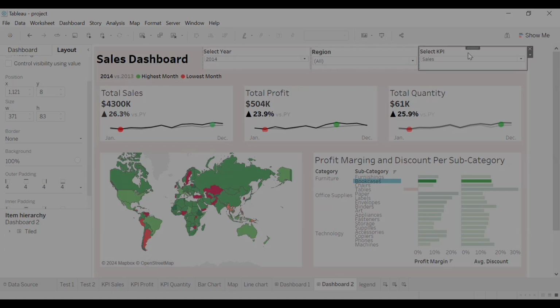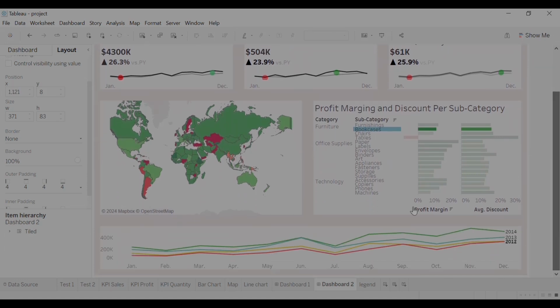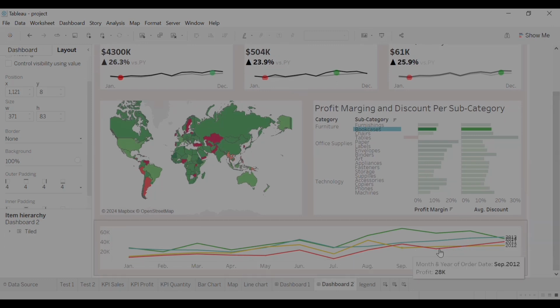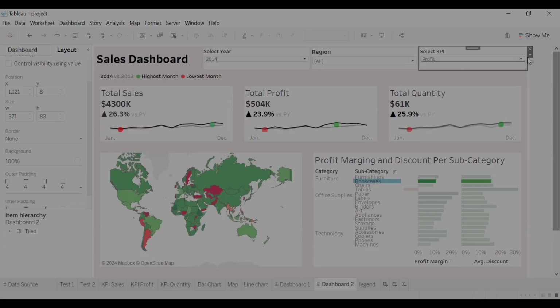For this select KPI filter, I want to see the changes only on these line graphs, which currently is the case. So if I choose profit, I can see that these lines are actually changing. It shows me the profit, and then the same thing for the other KPIs. But for these